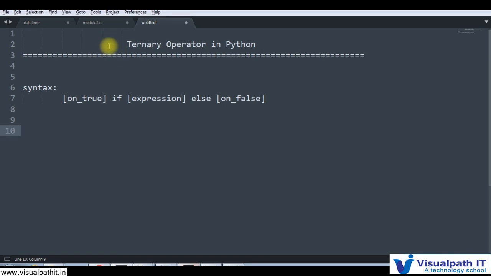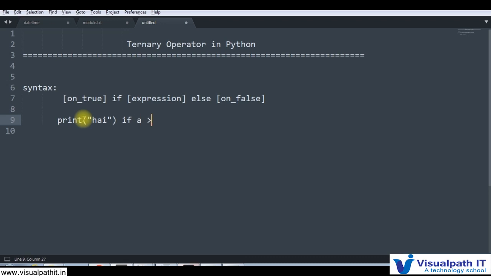And coming to one more subtopic, the ternary operator in Python. Python also supports the ternary operator, similar to C, C++, and Java. Syntax of this ternary operator: it takes the value on true if expression, else the value on false. So think, say print hi, if condition satisfied, say if